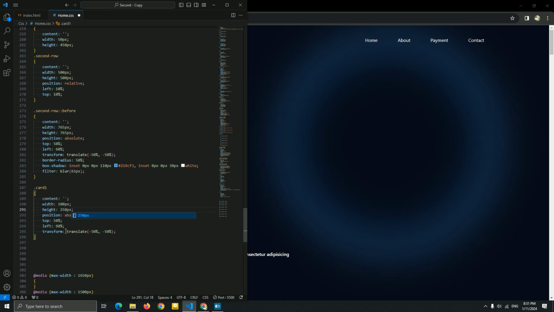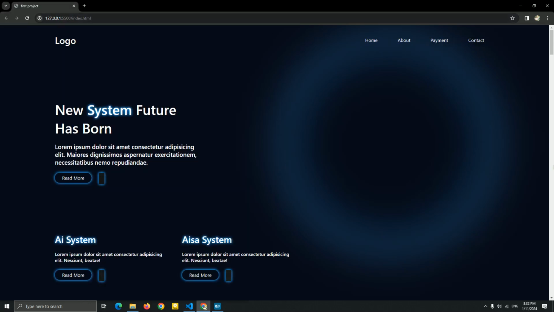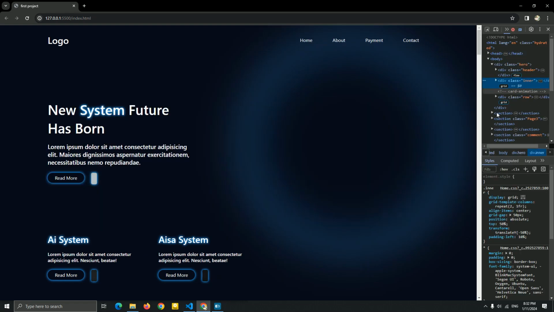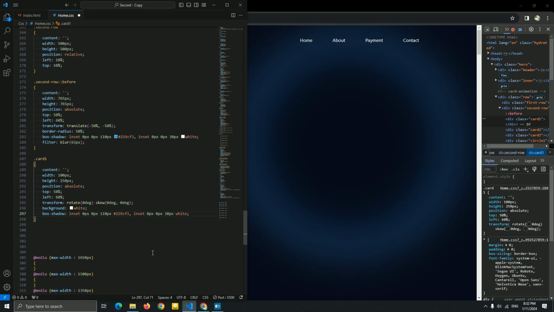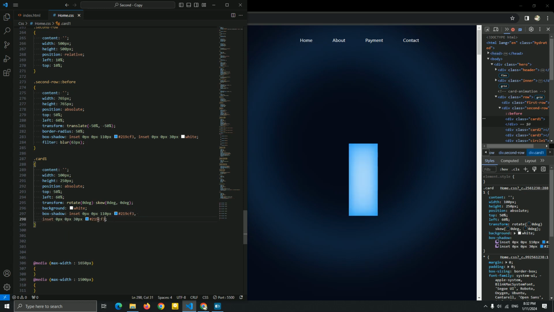Okay, let me just change this and add skew. So I'm gonna add a rotate 0 degree and skew 0 degree and 0 degree. So now let's go in Inspector.css to create it, guys. So let me just add the background and the box shadow, and the box shadow I'm gonna add this. Okay, good. Now let me add the border radius 10 pixel.